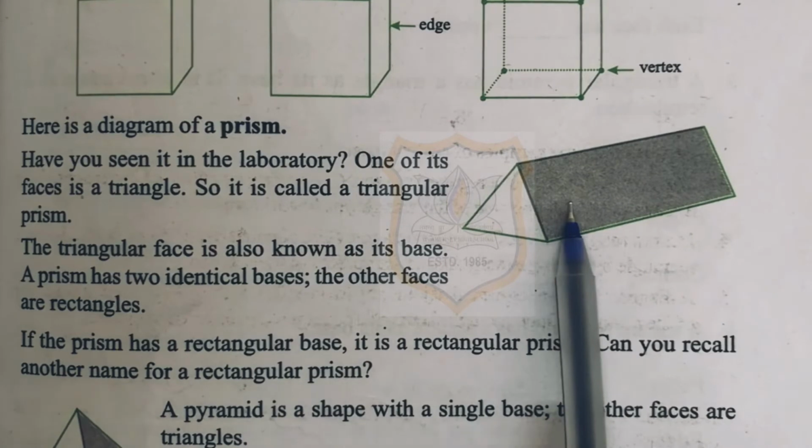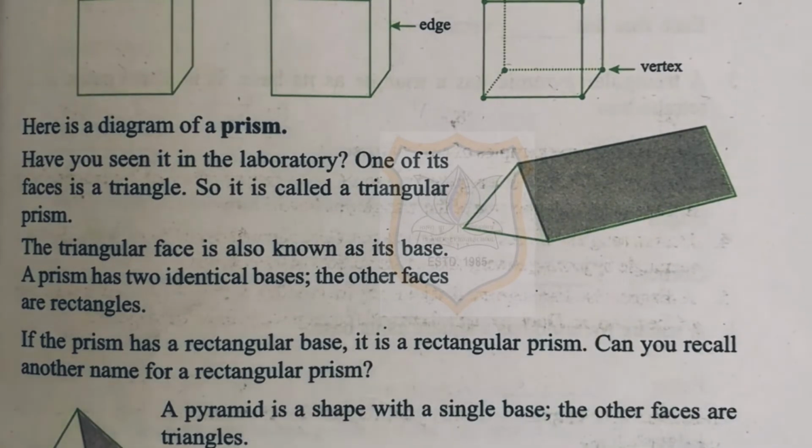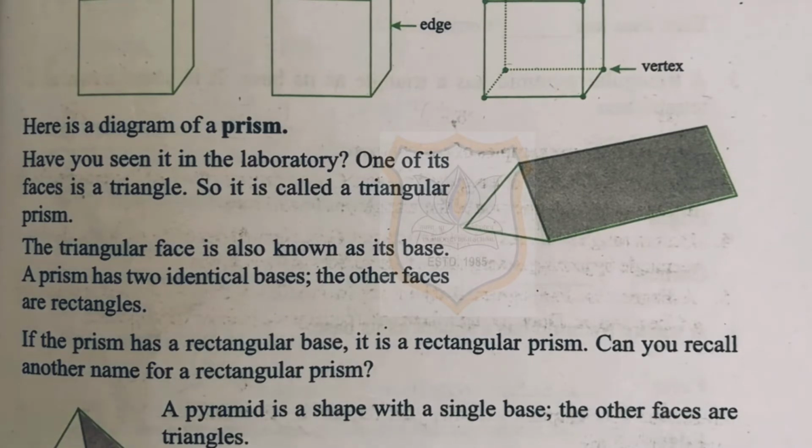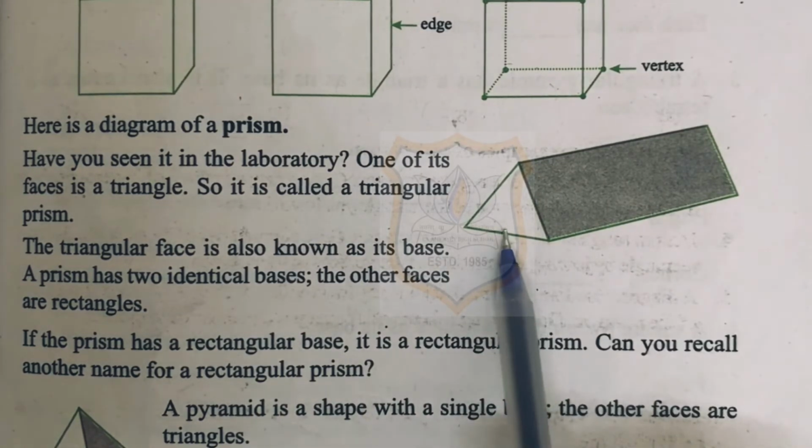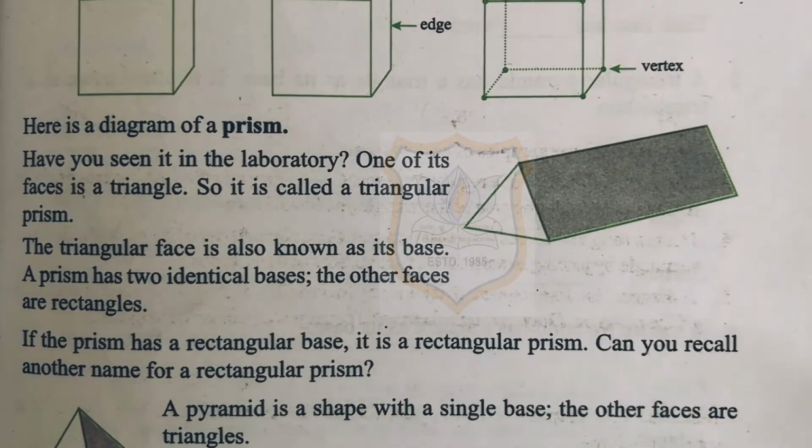A prism is a 3D shape which consists of two equal ends, flat surfaces or faces, and also has an identical cross section across its length. Since the cross section looks like a triangle, the prism is generally called a triangular prism. The prism does not have any curve. Also the prism has 6 vertices, 9 edges and 5 faces.